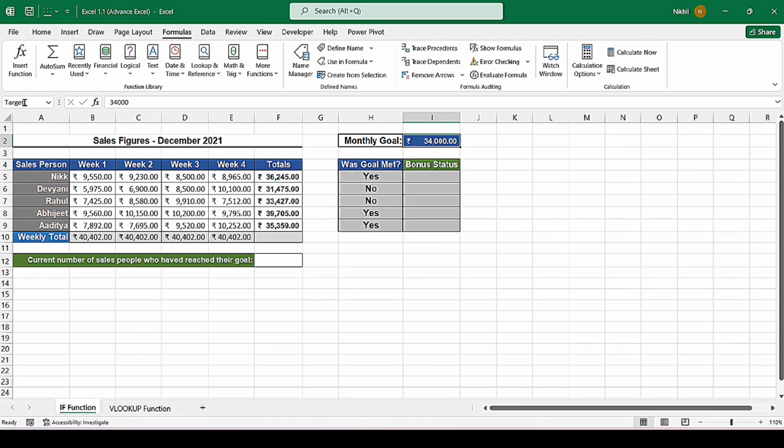Now in the formula, instead of the I2 cell, we will write target, because a name is by default an absolute reference. So first double click in the H5 cell, and instead of the I2 cell, write target. Like this, and press enter.